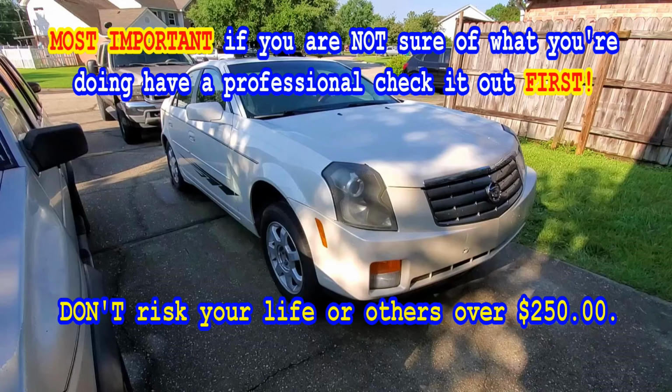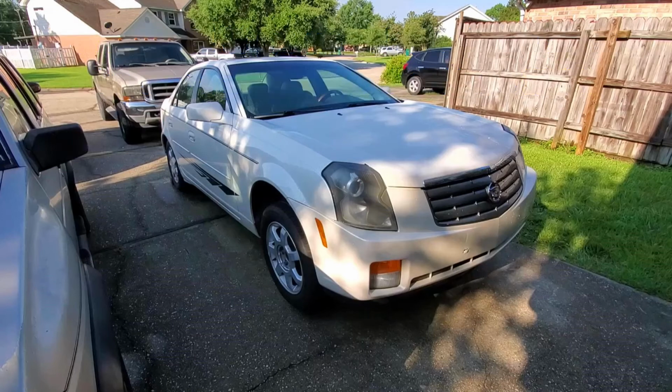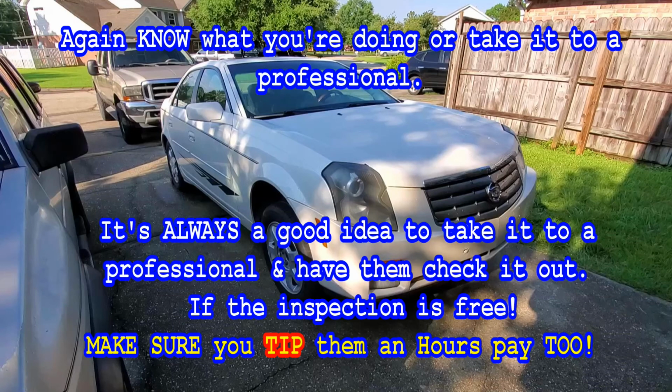Don't go crazy, don't get a speeding ticket or get reckless, but check it on some good side roads and take it up on the freeway and make sure everything's good. Do some sudden stops with it, obviously with nobody behind you, and with regard to safety around you and other people. And if all's good, then you're probably up and running. If not, then you're going to have to do some diagnosis, and if you're not familiar with brakes, then take it to a